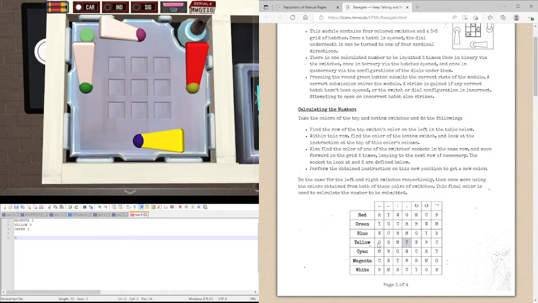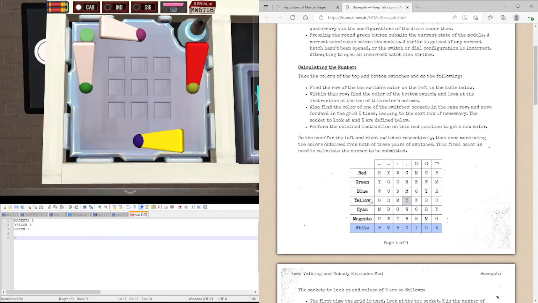We're now going to do this with the left and the right one, so the left switch is white, the